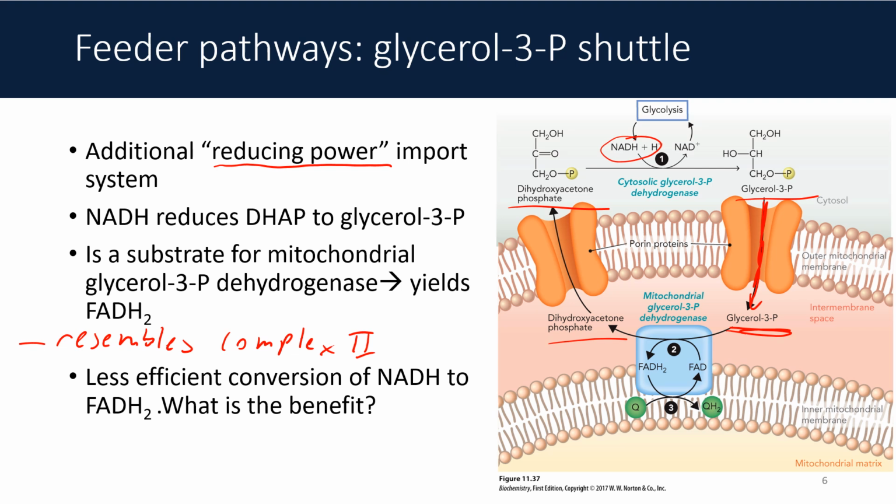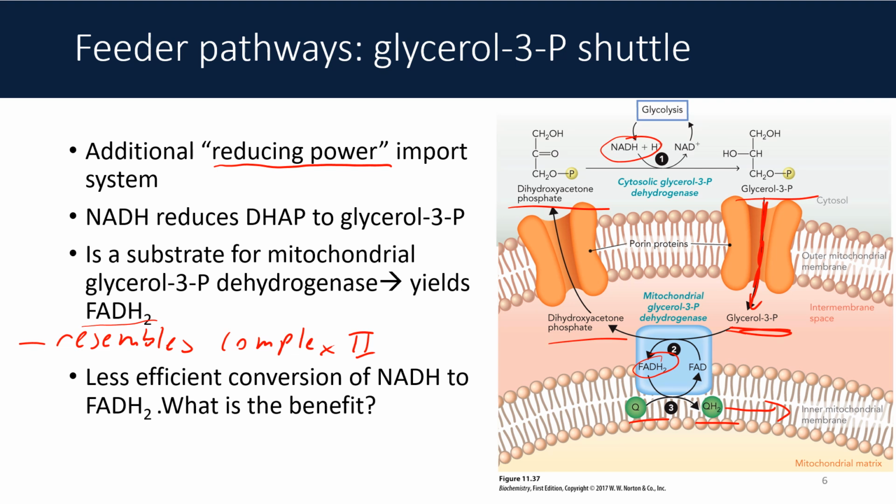cytosol, completing the cycle. And oh look, when we oxidize glycerol 3-phosphate, we are in turn going to be reducing FAD into FADH2, which is what complex 2 does. And then that's not all. Complex 2 then transfers the electrons from FADH2 onto coenzyme Q, reducing it into ubiquinol, QH2. And that is free to migrate down the inner mitochondrial membrane and then participate in the reactions of the Q